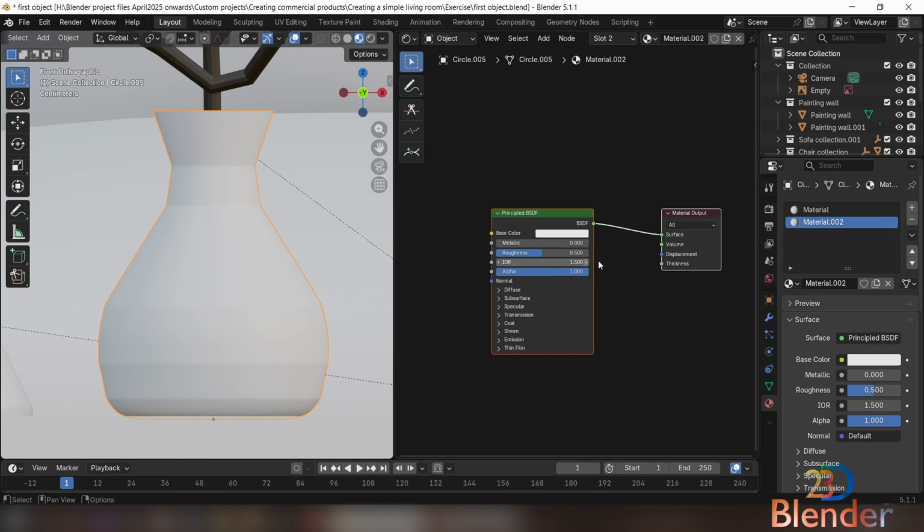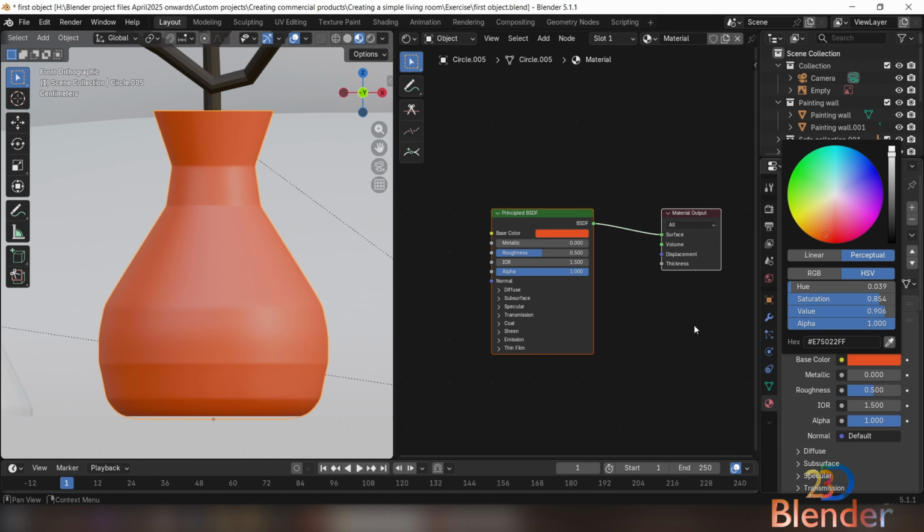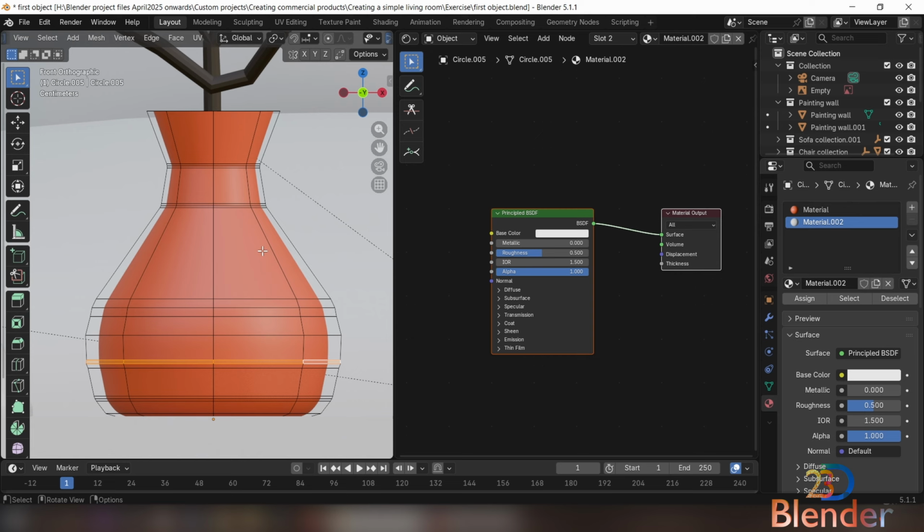So now we have two materials. Let's make this one red and this one is white. So now we can see we have our first material that is assigned everywhere, while second material is nowhere to be found. While we have selected our second material, we need to go into edit mode of this object and